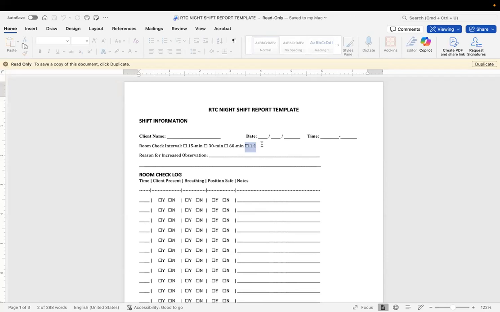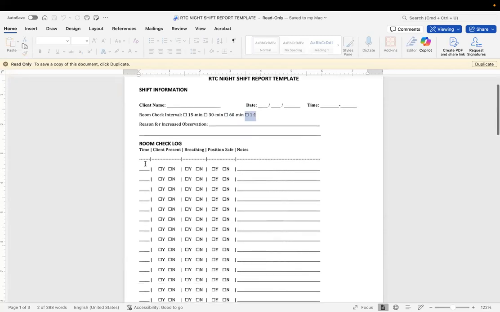So up here, if they have the same throughout the whole night, then you would just articulate whichever one it is. But if you ever have to deviate, so we were on a 60-minute and then she threatened to hurt herself and we went to a one-to-one, then you're going to come down here and notate what hour it was. So you'll see, this is 10 o'clock, 11 o'clock, 12 o'clock. Maybe this was 11:59, and then this was 12 or 1:23. You mark what time you do it. I've seen this before: I start my rounds at 10, and I started looking at somebody's note, and they put that they saw every patient at 10 o'clock.